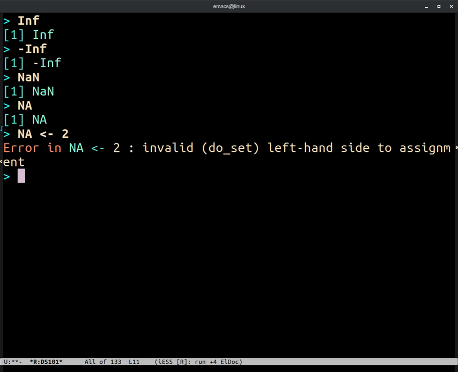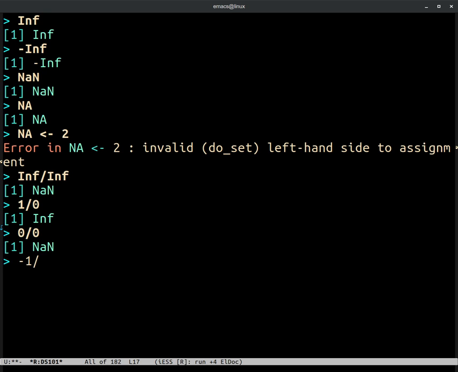So you can also work with these special numbers. That's why they're called special numbers. So Inf over Inf, dividing infinity over infinity, is not a number. 1 over 0 is infinity. But if you try to divide 0 over 0, you get not a number.